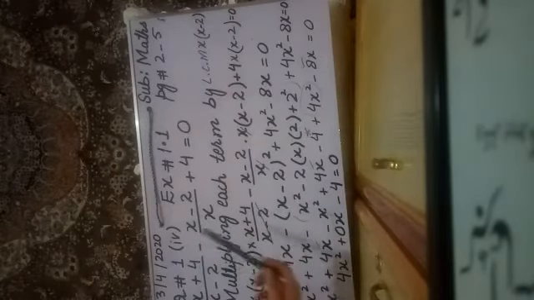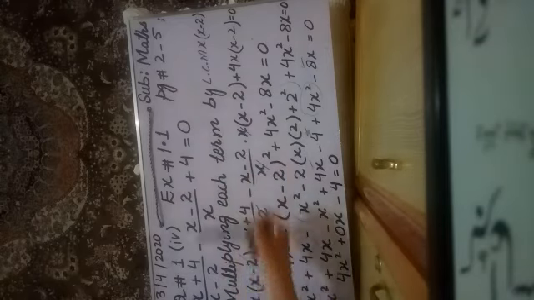Okay, here is exercise 1.1, question number 1, and we are doing the fourth part of question number 1. Let me tell you here that all parts are similar, and the question is that we have to write this equation in standard form. So what was the standard form? Where the quadratic term is first as ax squared, then the linear term bx plus c. We have to write this equation in standard form. Then at the end we have to tell whether the equation is the standard form or the pure form of quadratic equation.